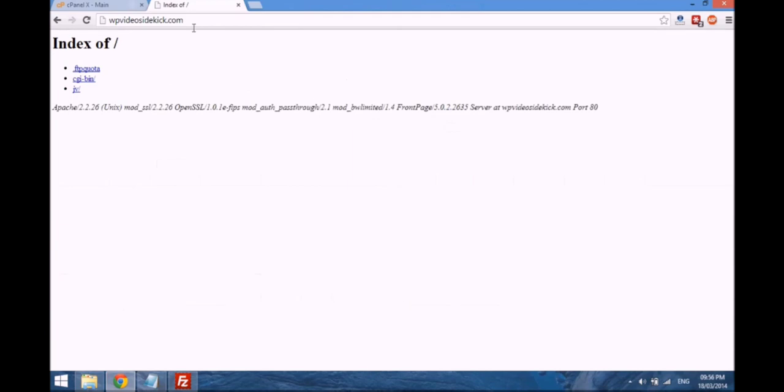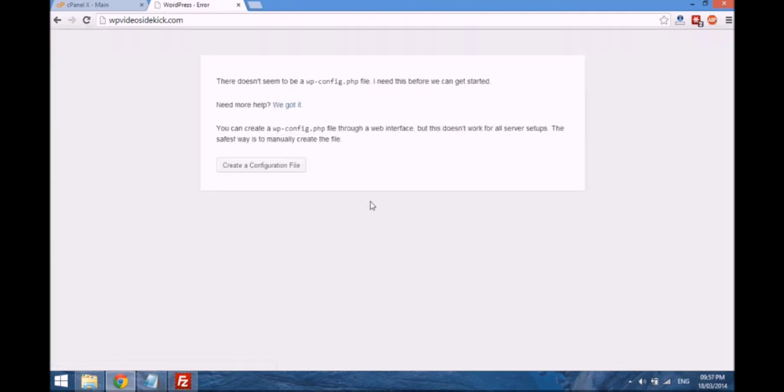so at our site now, all the files for WordPress have been uploaded. So if we refresh, then you'll see something very different. Now you just see this message here that says there doesn't seem to be a WP config file, and there's a button here that says create a configuration file. So you go ahead and select that button,